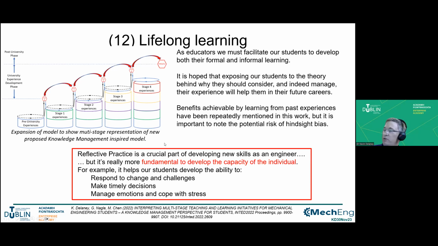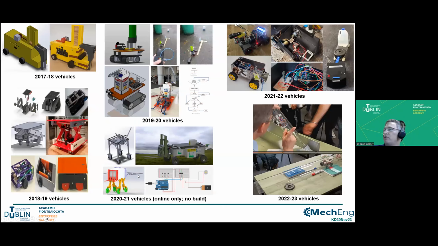And now I'm going to show you some of the projects that we've done. So this is our fleet of vehicles, if you like, over the last several years. It started off with a relatively large Jenga block dispenser. Then we had a little lifter that would carry loads from one place to another. We had the fire tender.